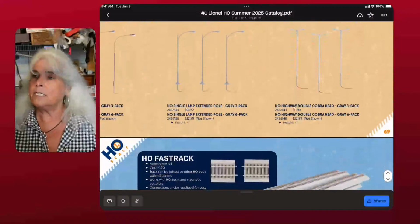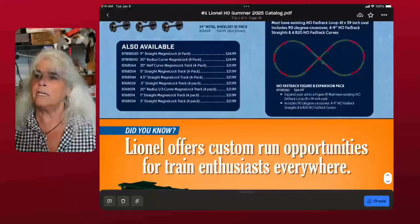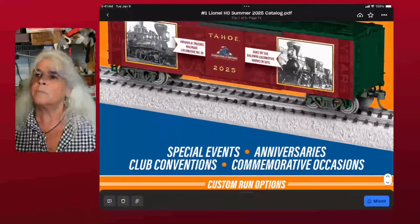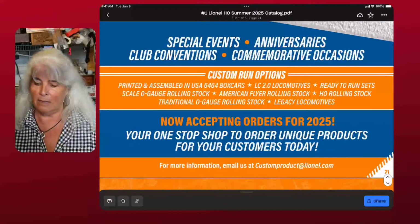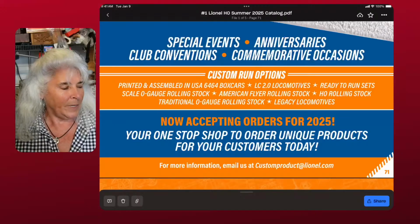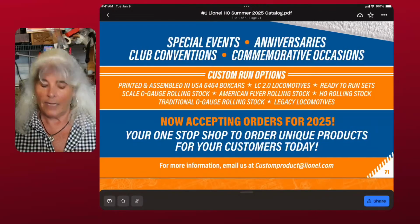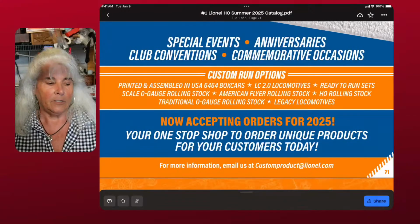So anyways, this is the new Lionel catalog, HO Fast Track. As you know, it's all out there. So if you're looking for anything, take a look at the catalog on 4HOtrains.com, and hopefully we can help you out with that. Then we've got coming up here, coming soon,